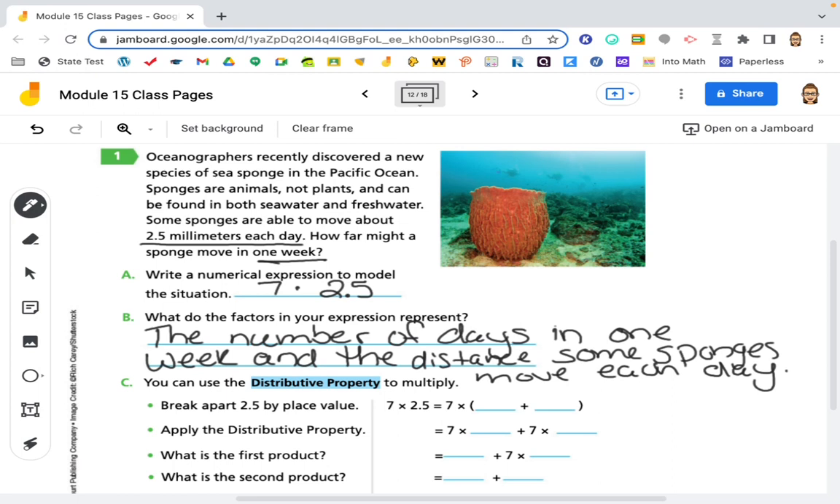So that says you can use the distributive property to multiply. So we're going to break apart the 2 5/10 by place value. So that means we're going to have the ones, and then we're going to have the 5/10. So then we're going to do 7 times 2 plus 7 times 5/10. So 7 times 2 is 14. 7 times 5/10 is going to be 3 5/10. And then we add that together. 14 plus 3